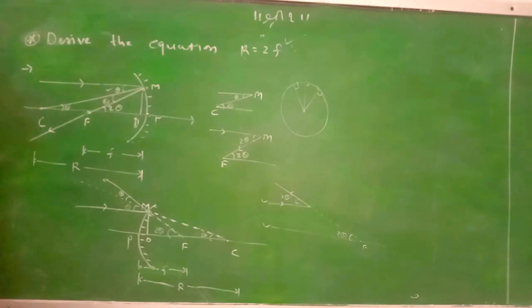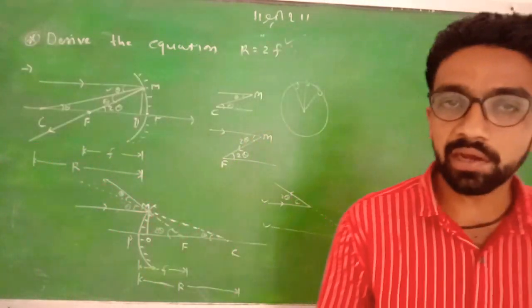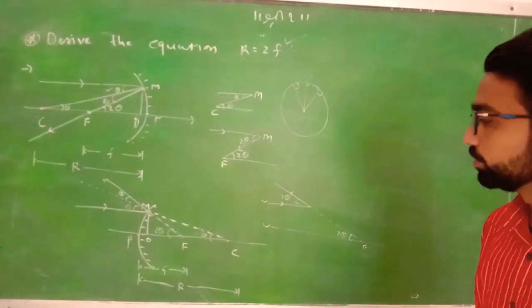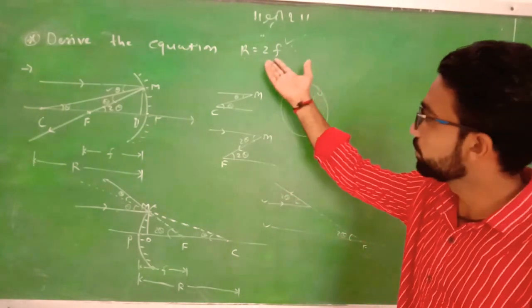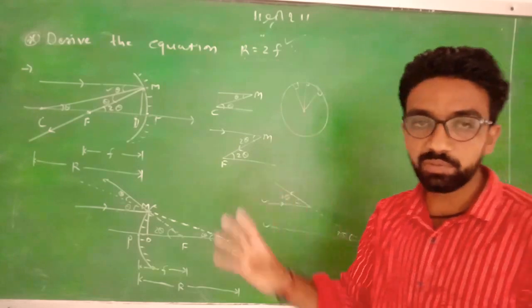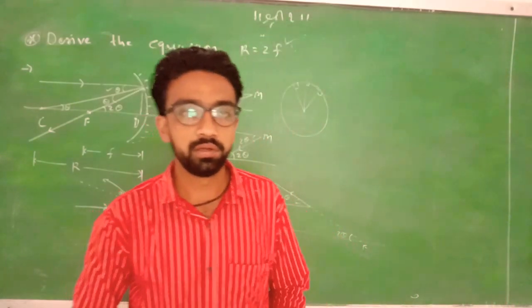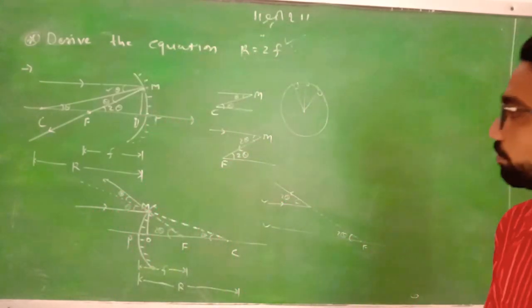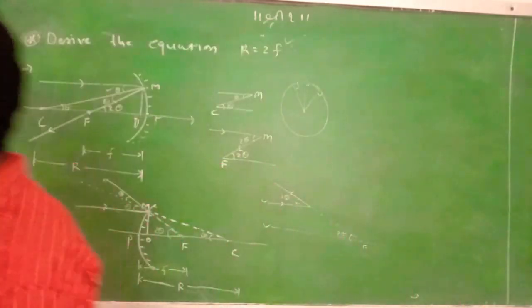Okay. So this is most important: how you can find out the angles. This is the most important. After that you can easily derive this equation. But you must know this terminology, how you can find out the angle by using some mathematical steps. Okay. So now we derive the equations.